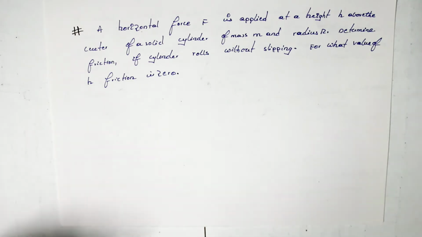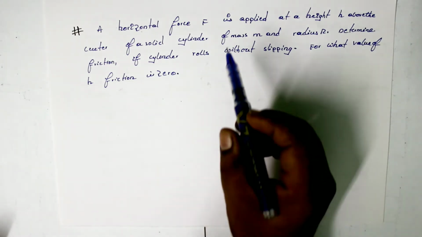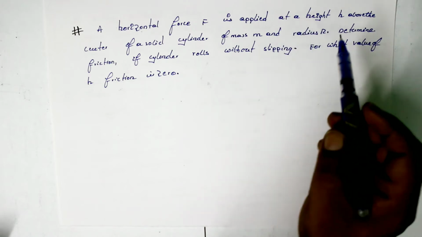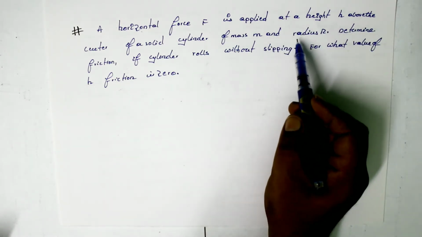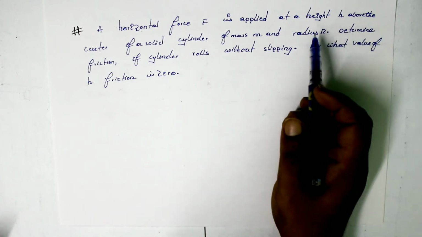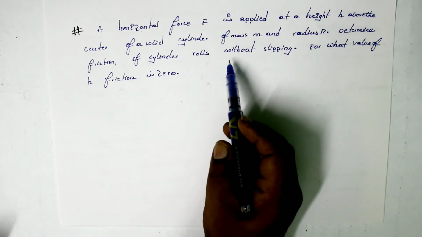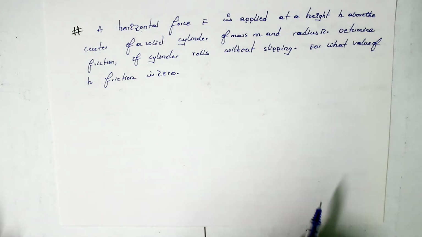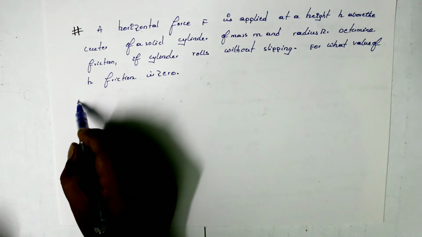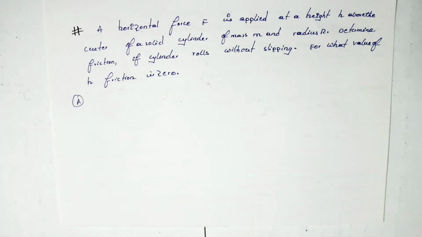Dear students, now let us see this question. A horizontal force is applied at a height h above the center of a solid cylinder of mass m and radius r. Determine friction if the cylinder rolls without slipping. For what values of h is friction 0. So if I try to draw this diagram,